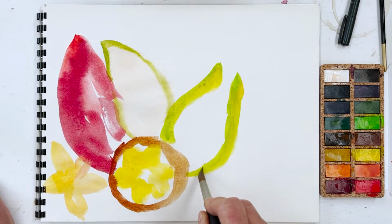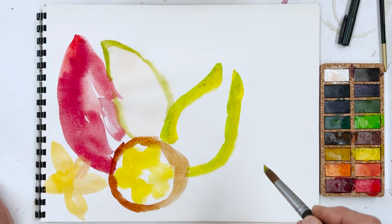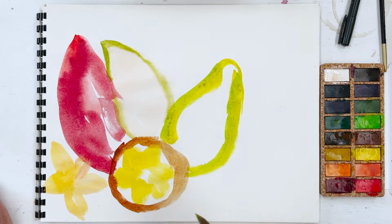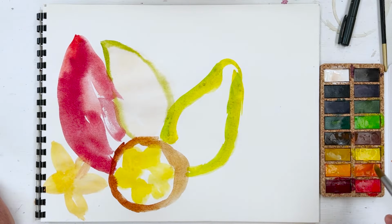This is such fun, painting like this. This is really so relieving, so stress relieving. Yesterday I had a wonderful dizzy attack while I was doing something on the computer, and